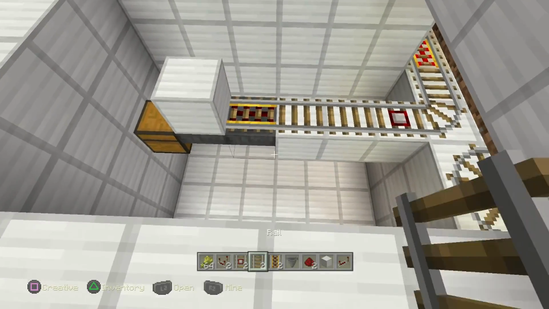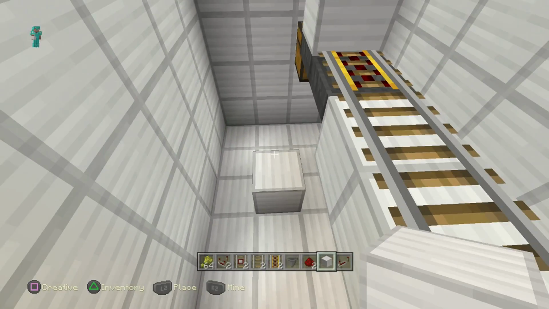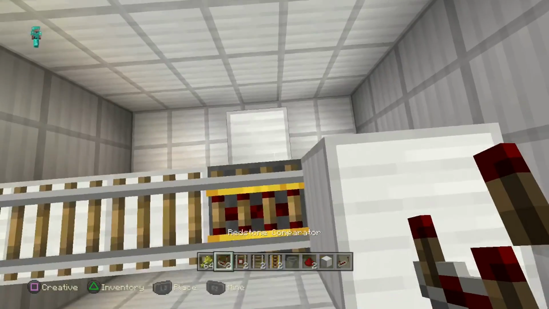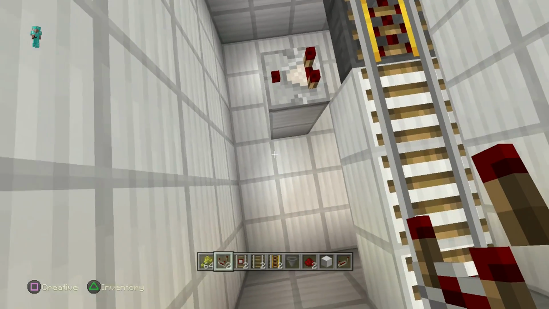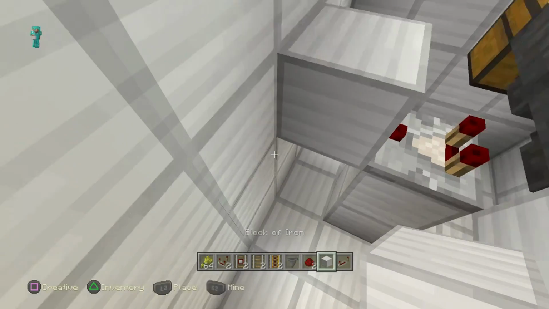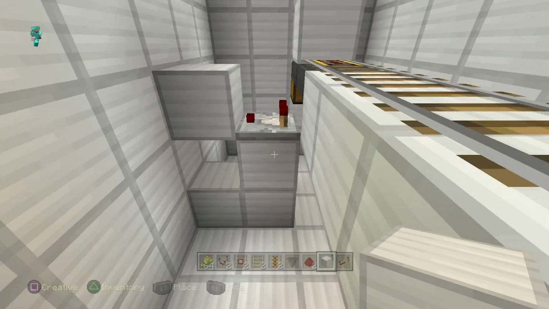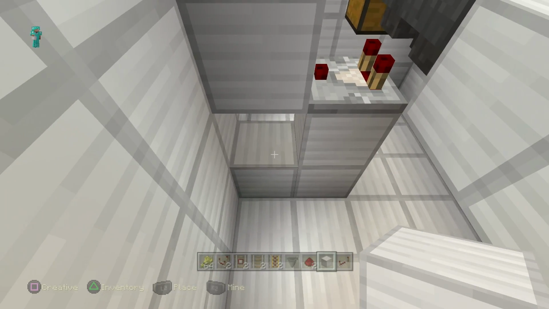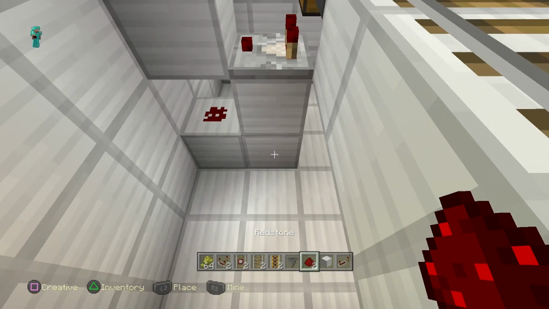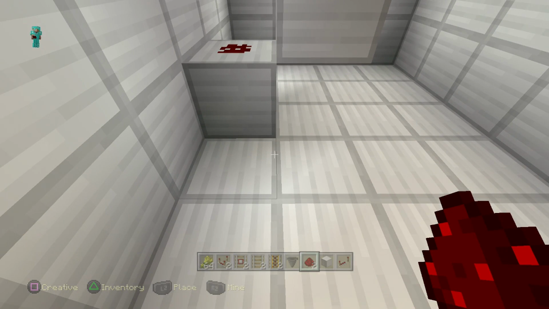Okay, so now what we're going to want to do here is, let's just jump down the hole. We're going to want to build this guy up and put a block coming out of this guy, and that guy is going to get a comparator. Throw a comparator right there. That comparator is going to go into a block of choice. Underneath the block of choice is going to be another block of choice. We're going to be putting redstone dust. This redstone dust is going to go under here, and then what we're going to do is put